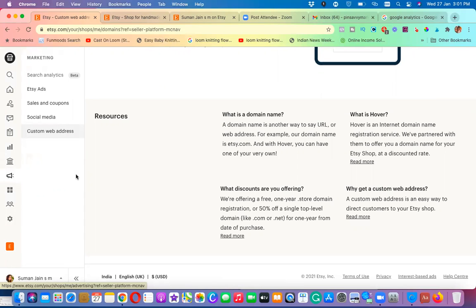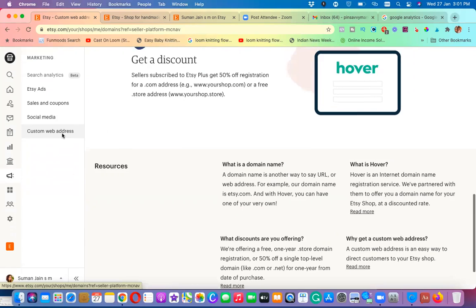You just have to post some information. That's it. So simple. And this process you can automate it. And social media is nothing, it's just like sharing a post onto all your other social medias. And web address is, when you upgrade, then only you will have this access. If not, you will not have it.